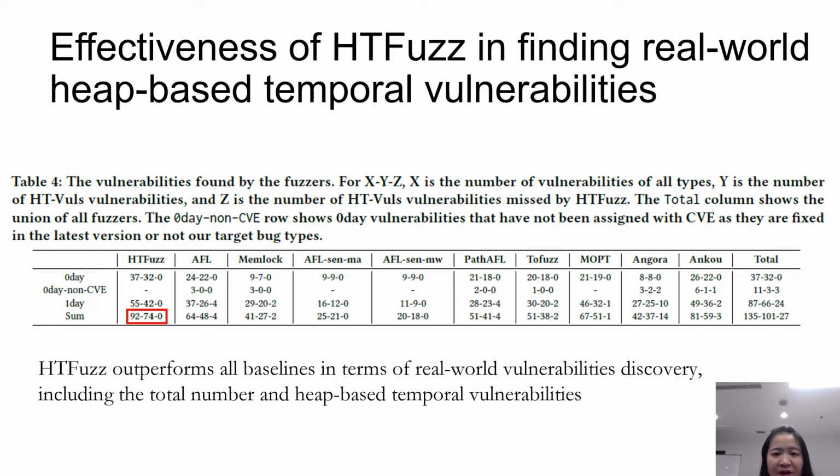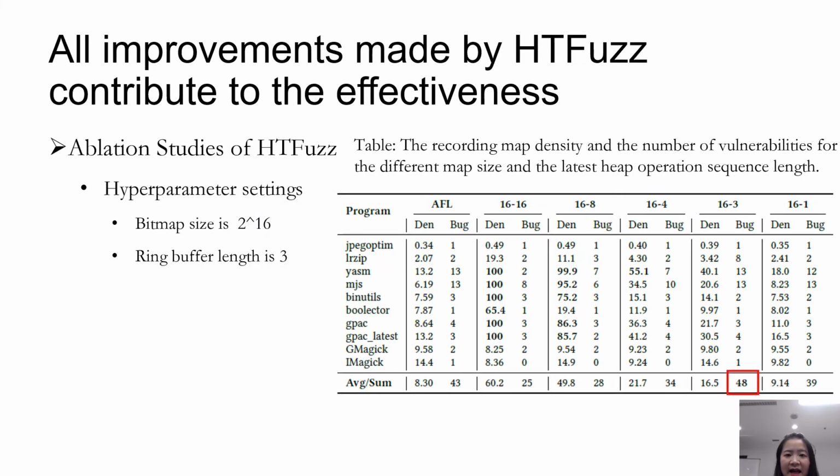We then compare the number of vulnerabilities found with other fuzzers. The result shows that HTFuzz outperforms all the baselines in terms of real-world vulnerability discovery, including the total number of heap-based temporal vulnerabilities. As we have to set the ring buffer length and the sequence bitmap size, we first